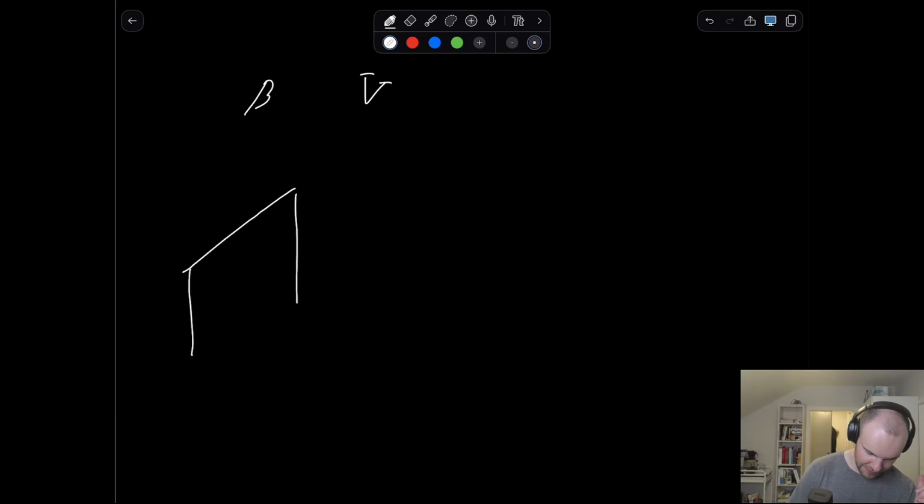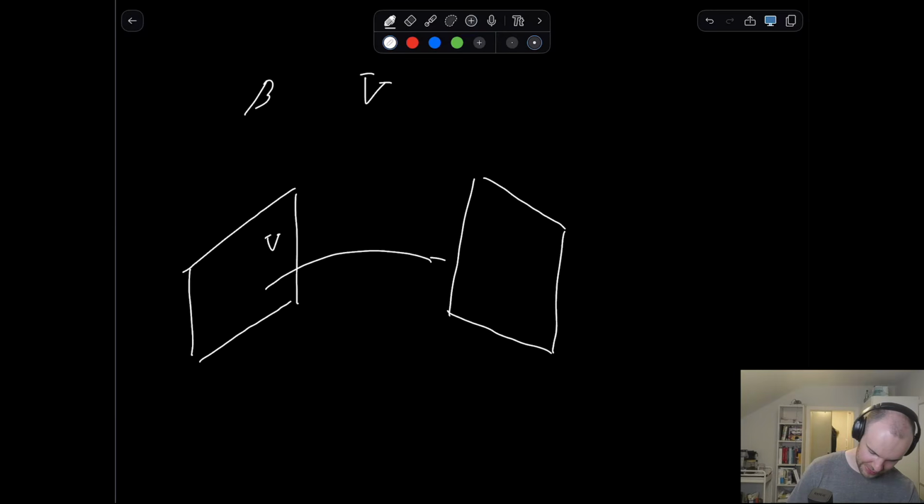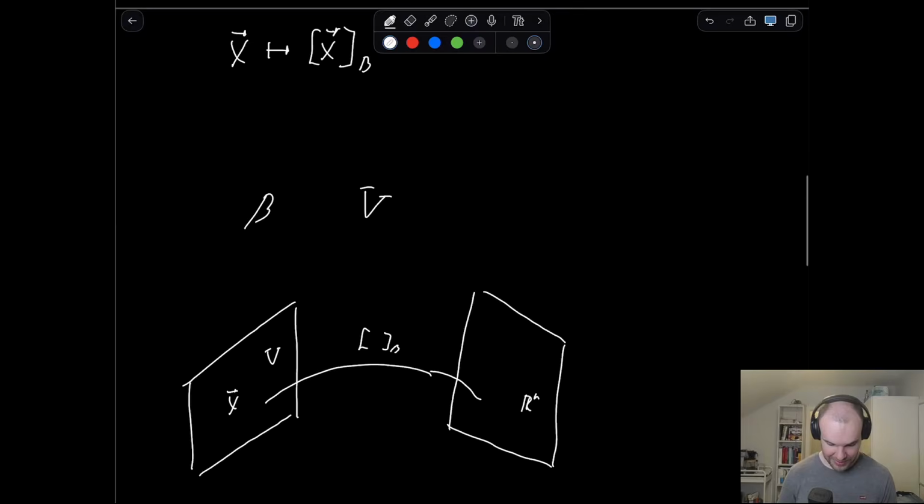So what we have then now is that actually that mapping we had, it's V with our basis, right? And we can actually map that into those coordinates with respect to the basis. That wasn't good drawing. That was nearly good. With respect to the basis, and this is in R^n. So we have x here, and if we run through the same thing with respect to the basis, we actually just end up with a vector that's in R^n. That makes sense, because if you look at